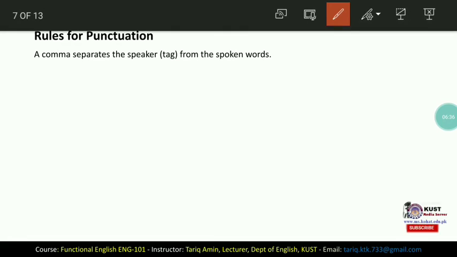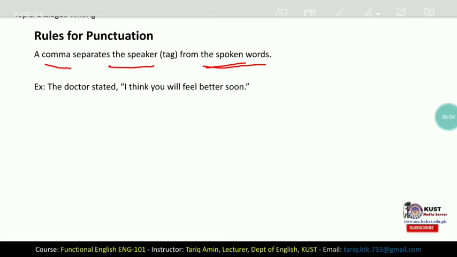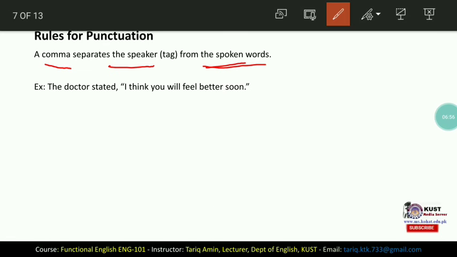A comma separates the speaker from the spoken words. There are two things. The first one is spoken words and the second thing is the speaker. So how are they separated from one another? A comma is used to separate the speaker from the spoken words. For example, the doctor stated, "I think you will feel better soon."